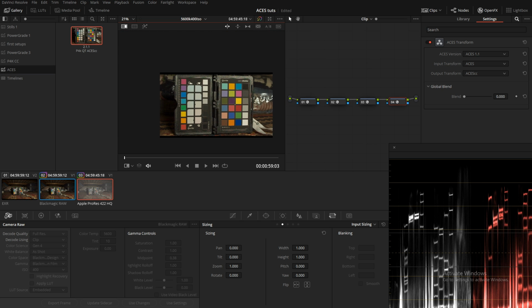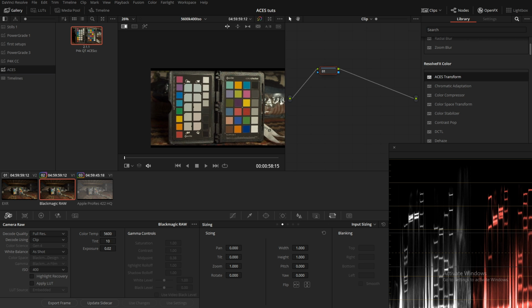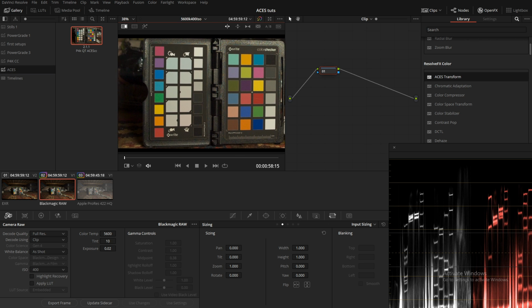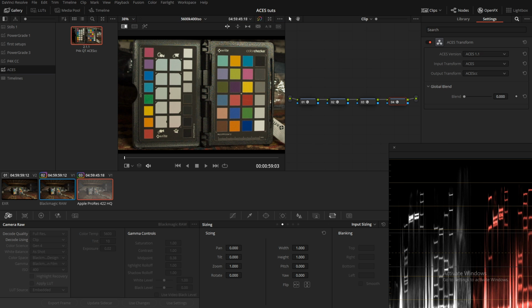With the B-roll, I don't really care about it that much, because it does really well without any IDTs, and if I put my color chart beside the monitor, the colors are really similar and there are no big issues for me. So for now I will work with this method until I have an IDT from BlackMagic itself. Maybe it is a good idea to just stay working in ACES and not go out of ACES into YRGB color management,